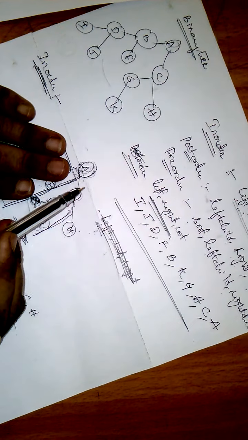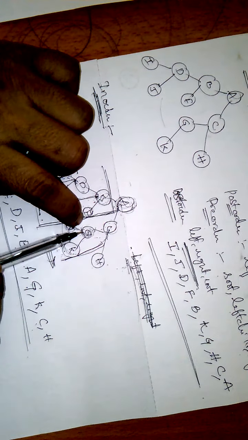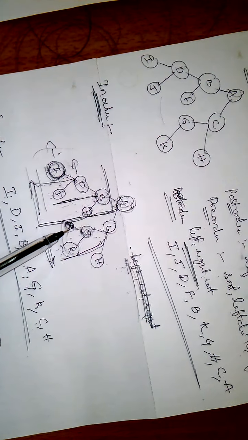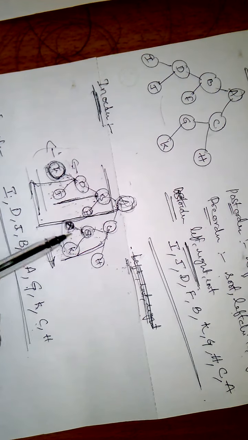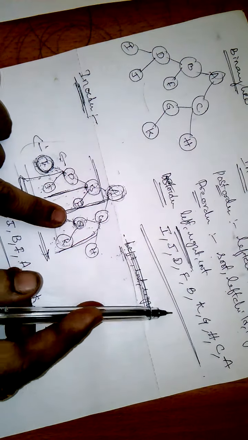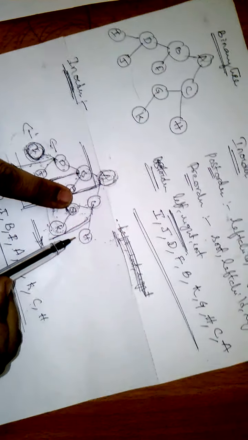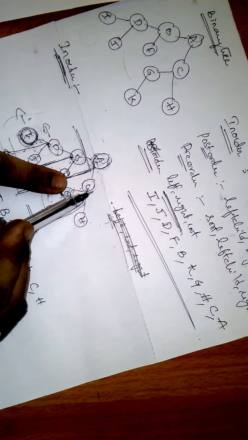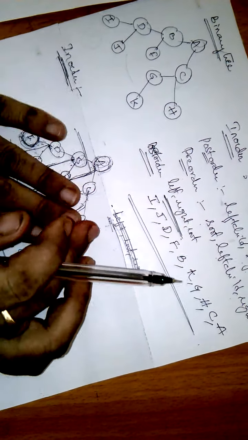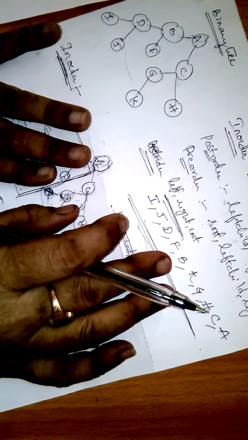Then we finish left subtree of A. Then right subtree. Now what? C is again parent. So we will visit left. G. What is G? Again parent. Then we have to visit left. There is no left child. So what will we do? Visit the right child K. Then root G. We finish the left subtree of C. Then right subtree H. Then parent C. Then we finish right also. We finish left, right, and root A. This is called post order traversal.